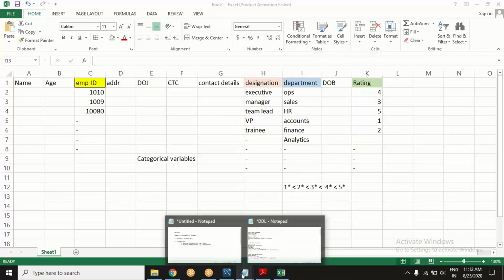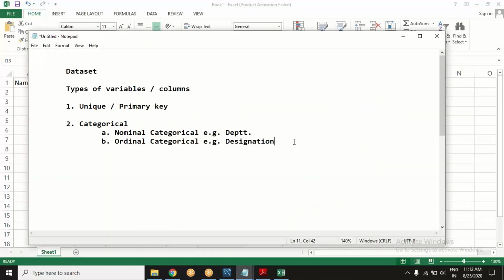So such variables are called interval categorical. I hope so far it is going okay.